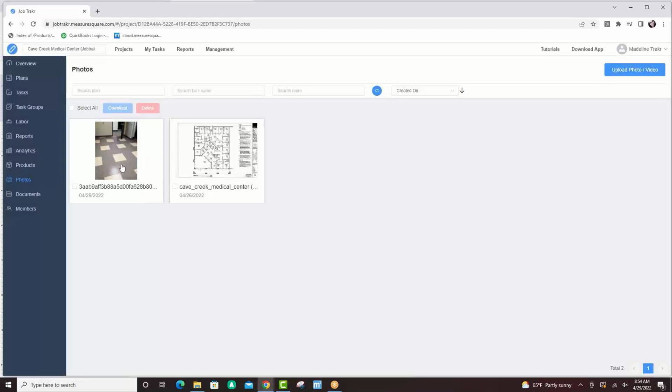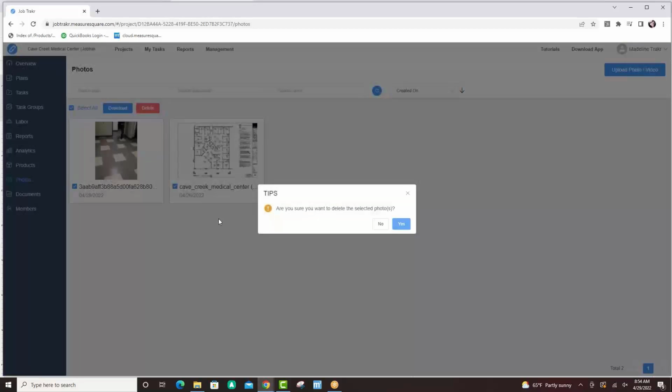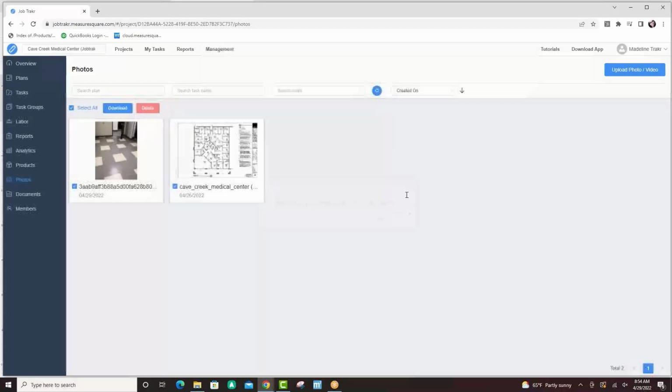If you would like to delete any photos, you can individually select or select all and then click on the delete option. You can also search for your plan, your task name, as well as your rooms at the top of their